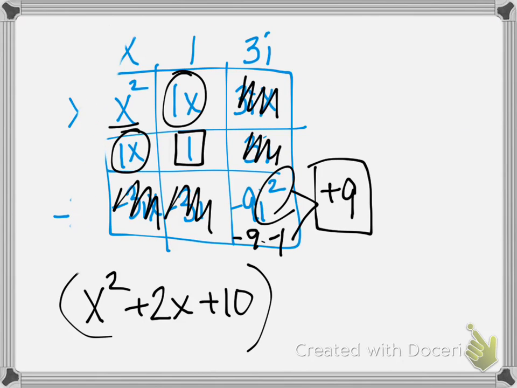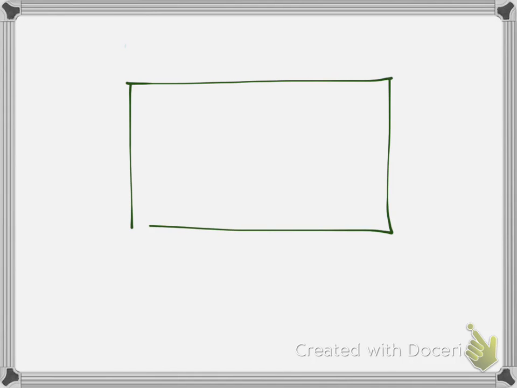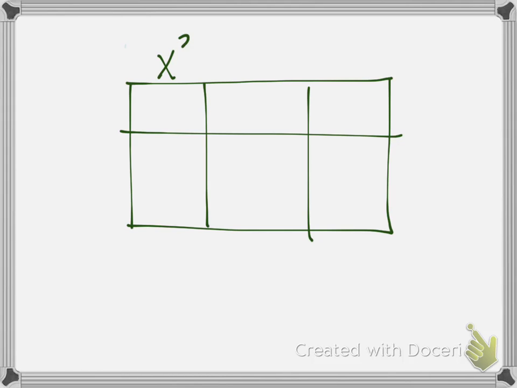So this time I have a 2 by 3, a little bit less than the last one we've done, but a little bit more than the first. I definitely left more room on this one for you to do. I don't know why my boxes are so uneven there, but that's what we got. So I have x squared, 2x, and 10 here, and then the x squared and the 4 here. Fill them in